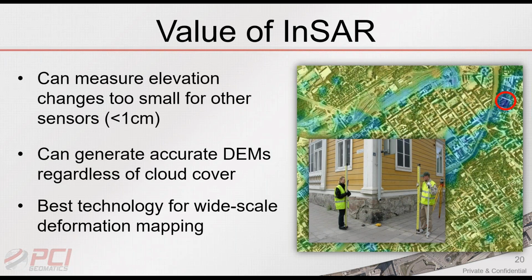This means that, like other radar sensors, it can generate very accurate elevation models in all weather conditions. But because of the fine vertical resolution, it really is the best technology for mapping deformation across very large areas, across entire satellite scenes. Now, this deformation can have serious consequences for all sorts of natural features, drainage patterns, as well as construction stability, as we see to the right,